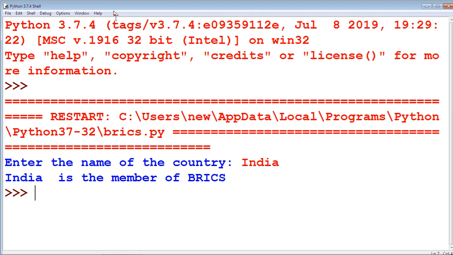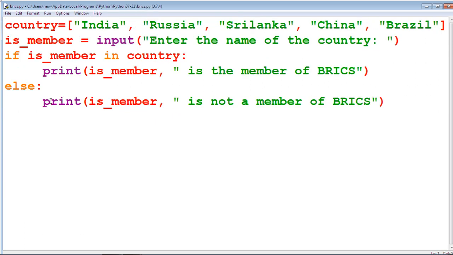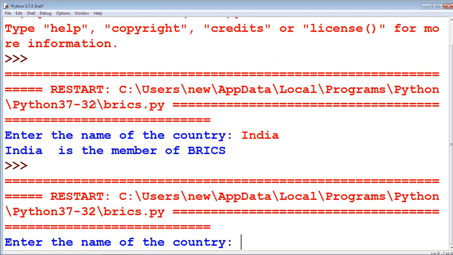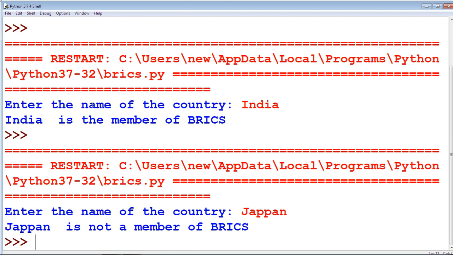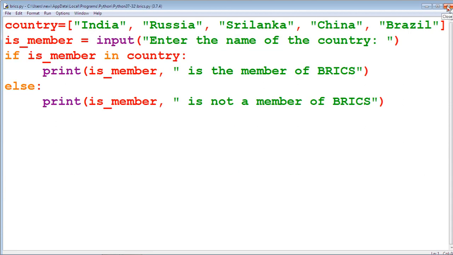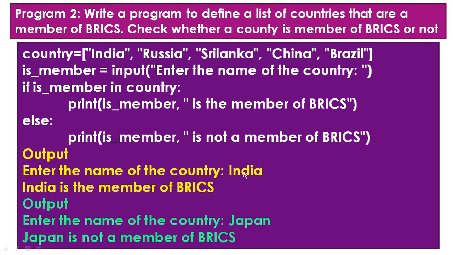Now India is a member of BRICS. Now run this program again. The else case works here for giving the value Japan as the country name, because Japan is not in the list, so Japan is not a member of BRICS. So this is another example for the list function.